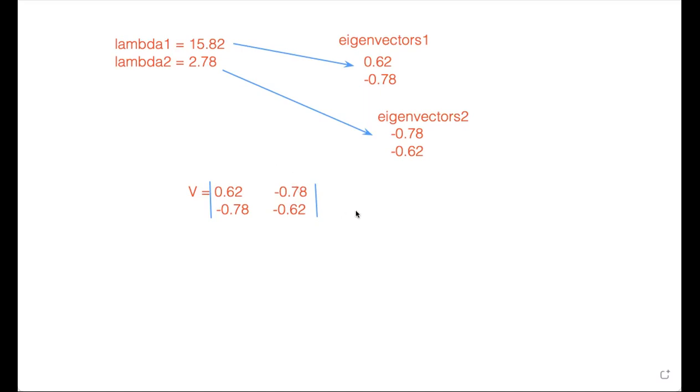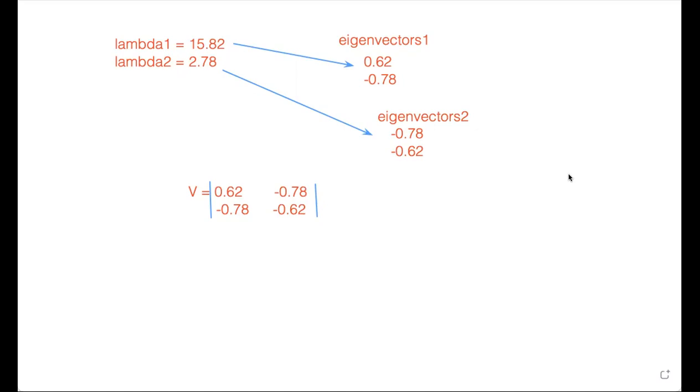So the question is why we only choose the first lambda. Because we want to transform from 2D to 1D, right? If we choose all of the lambdas that we have, so we have two eigenvectors, then if we transform it, it will still have the same dimension as the original features, and we will do nothing, right? So we only choose one lambda.